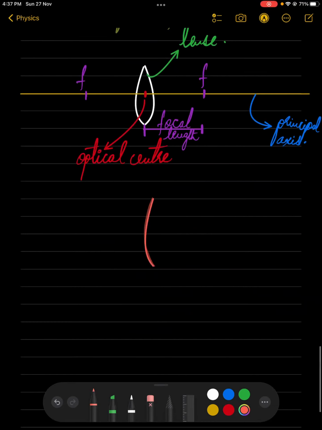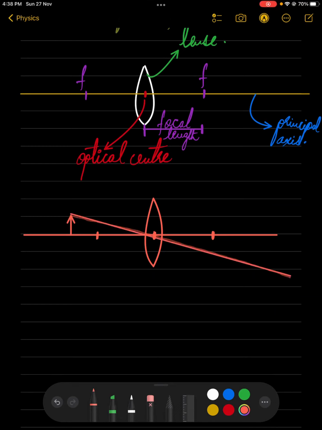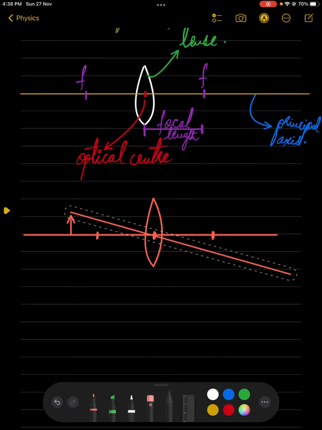Like if I create a lens for you people, this is my principal axis, my optical center, and my focus at the back and in the front. Now, let's say the object was present over here. तो एक light ray तो जाएगी straight like this. तो ये हमारे पास चली गई है light ray straight, और इसमें आप कुछ भी change नहीं कर सकते क्योंकि